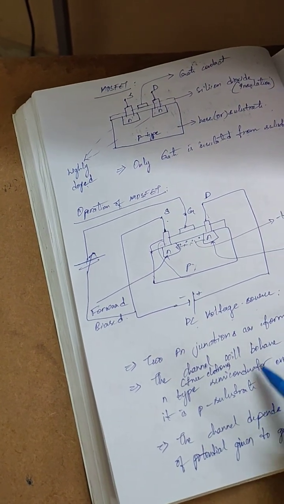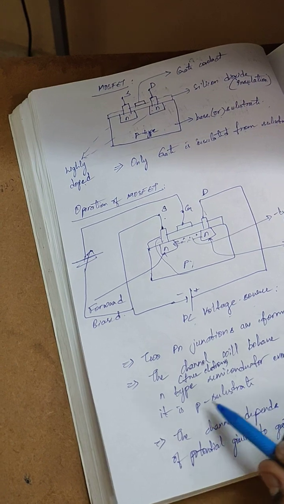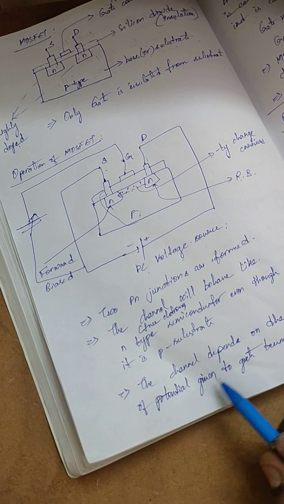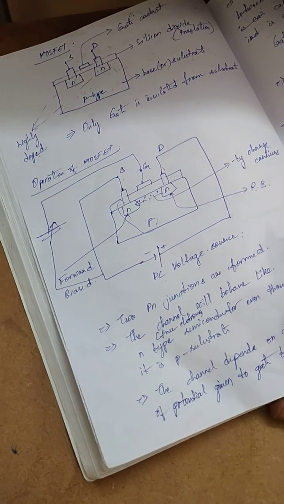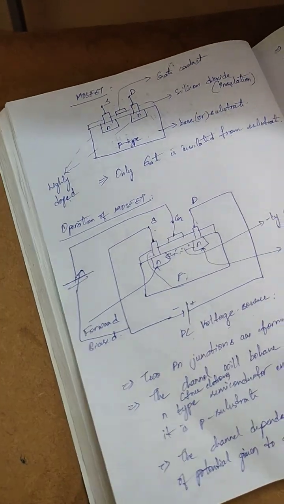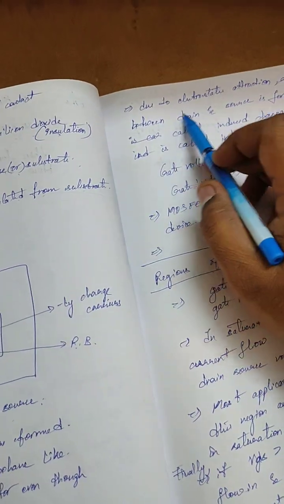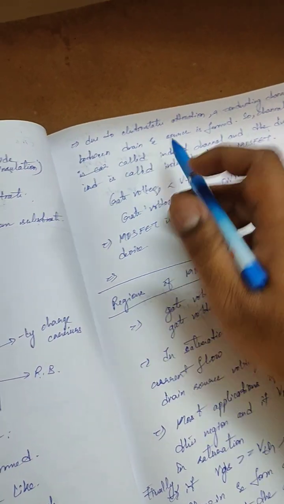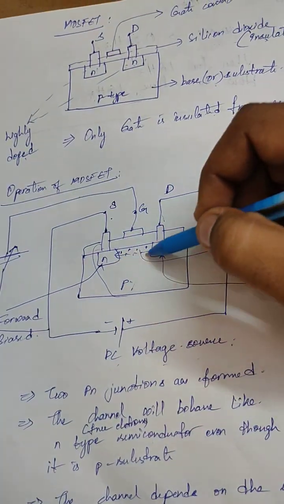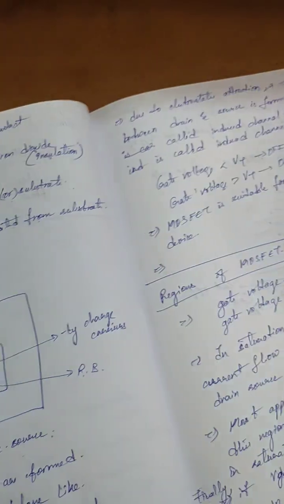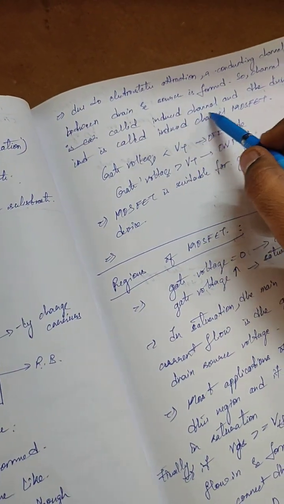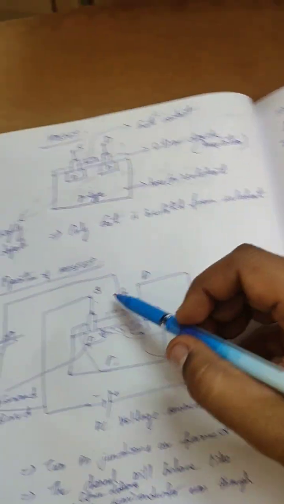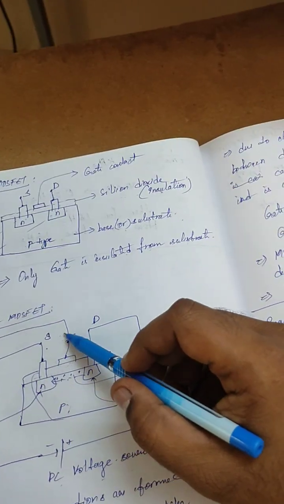The channel will behave like an n-type semiconductor even though it is a p substrate. The channel depends on the strength of the potential given to the gate terminal. Due to electrostatic attraction, a conducting channel between drain and source is formed. Here, the channel is formed. So the channel is called an induced channel and the device is called an induced channel MOSFET. If this gate voltage is greater than the threshold voltage,